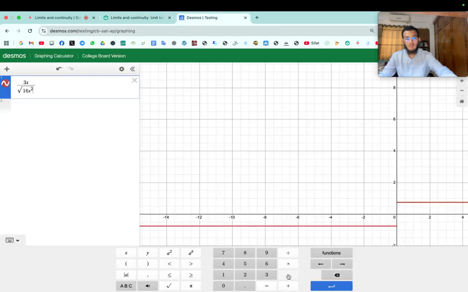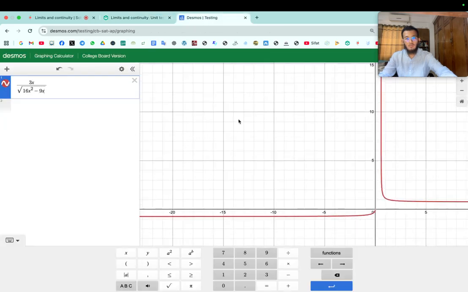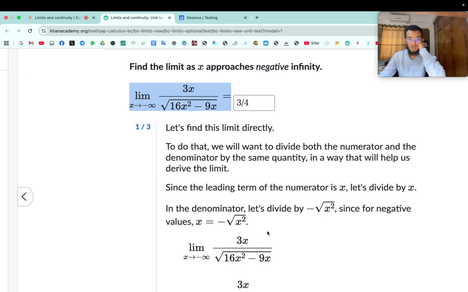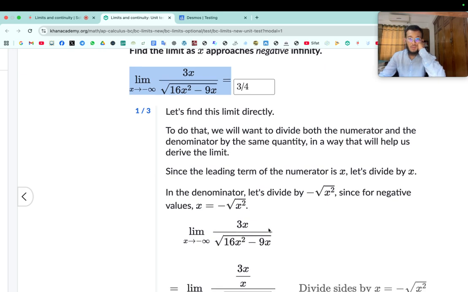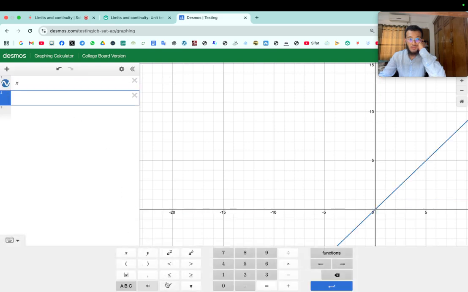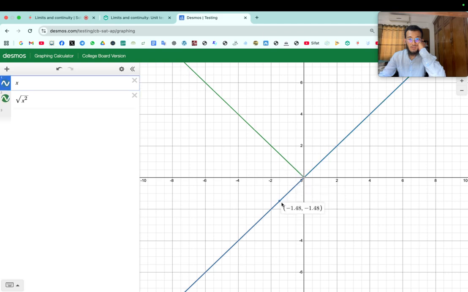Negative 9x. So there's that. So for negative infinity, yeah, because for x, okay, so x and root x squared, this is the key. So as you can see, for negative infinity, they are like this graph and this graph is not the same, but